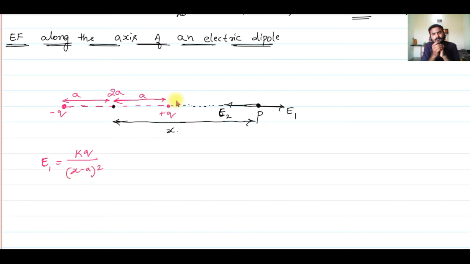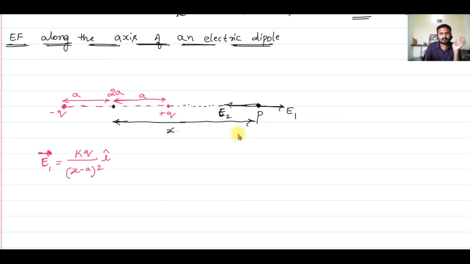And that is in which direction? It is along the positive x direction. Okay, so can I write that as E1 vector is kq divided by (x minus a) the whole square i cap. i cap indicates the x direction. Remember that. Okay, positive x direction means I'll write it as just plus i cap. Multiply this entire thing with plus i cap. If it is the negative x direction, then a minus i cap.